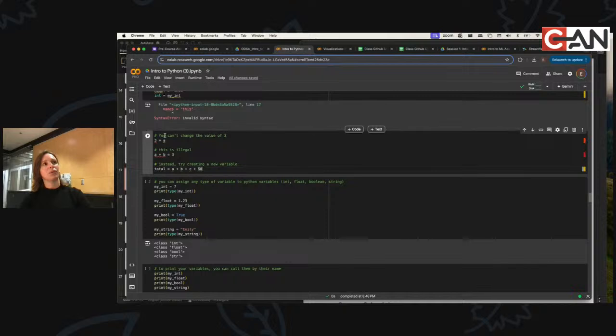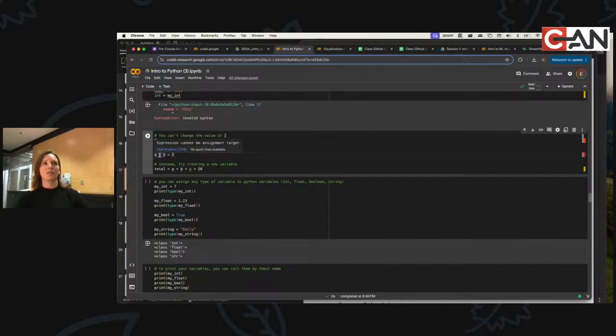You cannot change the value of some things. For example, we cannot make a variable called 3, because that is something called a protected value in Python, which means that 3 is so important that if we change the value of 3 to like 7, it would mess everything up. So Python doesn't let you do anything quite that dumb. It is flexible, but it puts up a few guardrails. So the value 3 cannot be overwritten. I can't do 3 equals A.